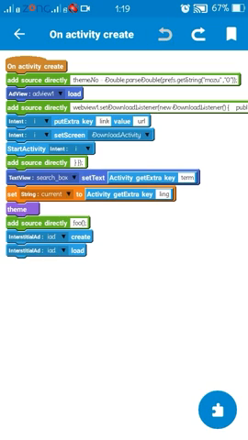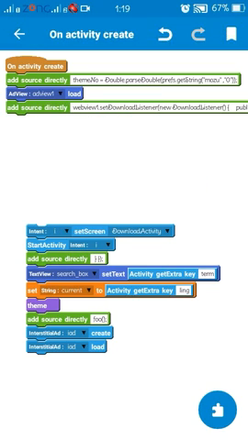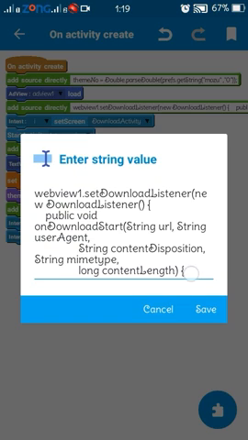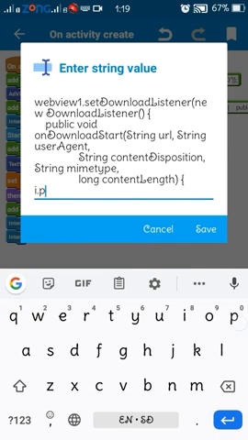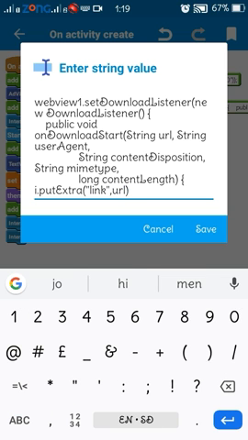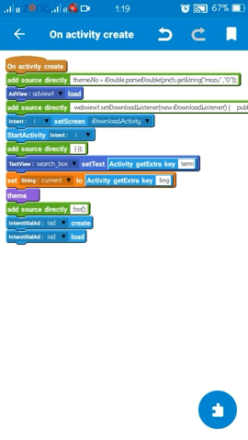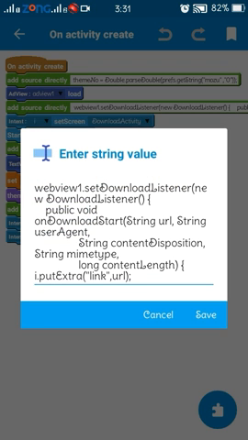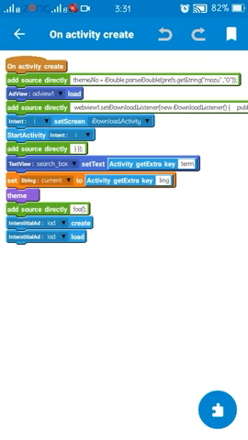From here you need to put the extra from direct code, otherwise it will not work correctly. Remember, we have to put two extra keys here.